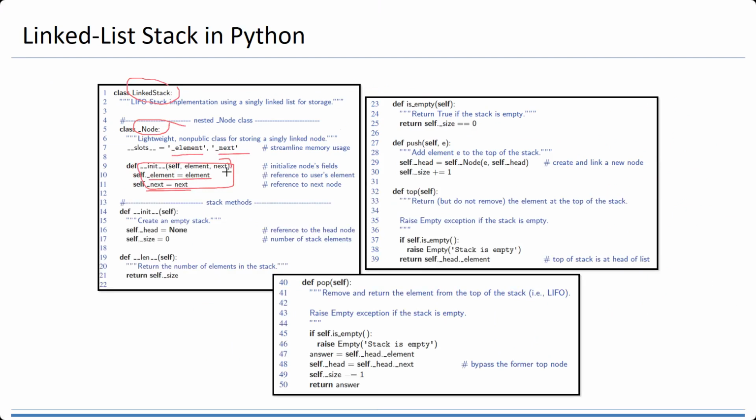The next means I want to know what is the next node. When we construct, first the head is None and the size is 0. You want to know the length, how many nodes we have, and then check whether the linked list stack is empty or not,